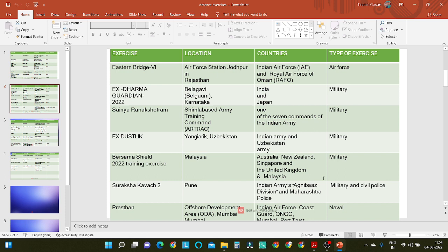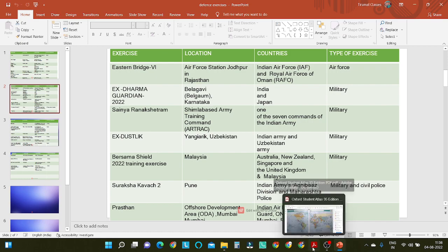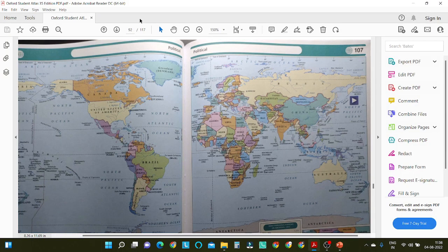So it is also a very important exercise to remember. The participating forces are the Maharashtra Police and the Indian Army's Agnibaaz Division. So there is a division in the Indian Army Regiment called the Agnibaaz Division. This Agnibaaz Division, along with the Maharashtra Civil Police, is taking part in Suraksha Kavach 2, which is taking place in Pune. So the location of Pune is in Maharashtra,